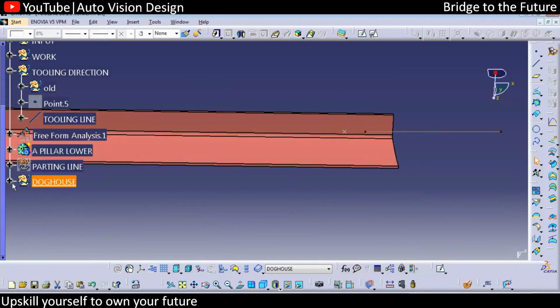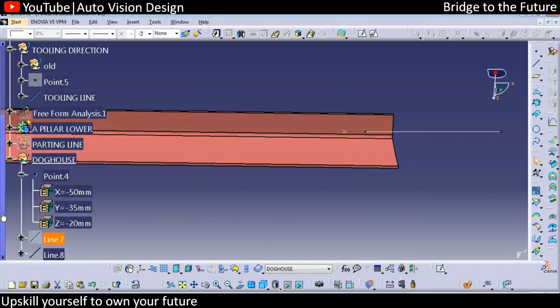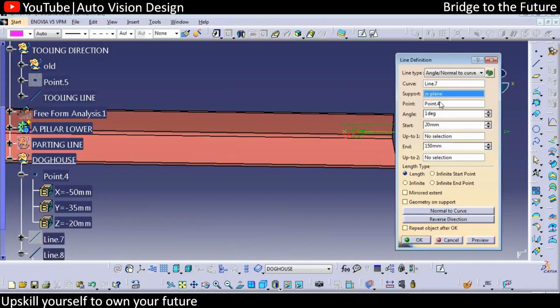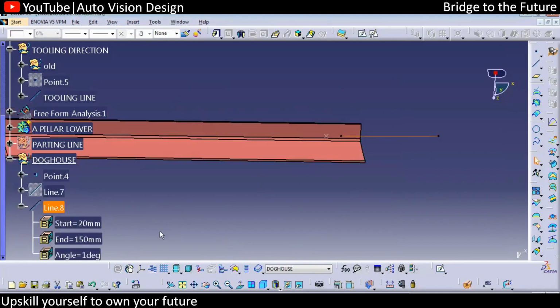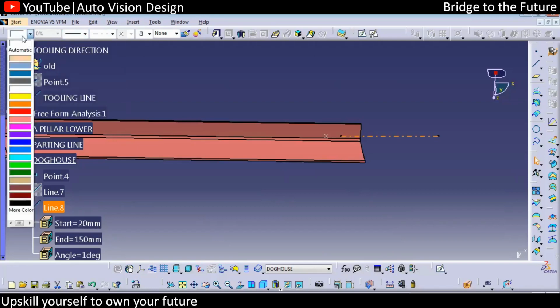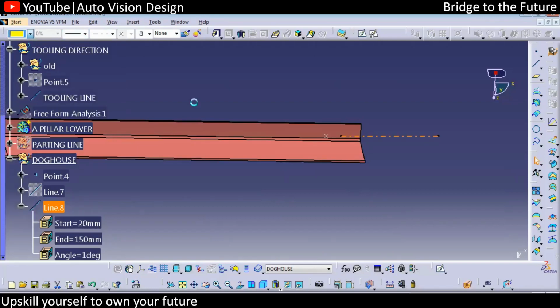In that case, we need not change this line. Okay, so only the angle we can change, or else you can use the X direction directly. So you can select the X direction over here, that will also be fine. Okay, rather than the curve, you can select the X direction, that is also fine. So now we have the lifter direction as well. We can just color code it. Any highlighted color you can use.